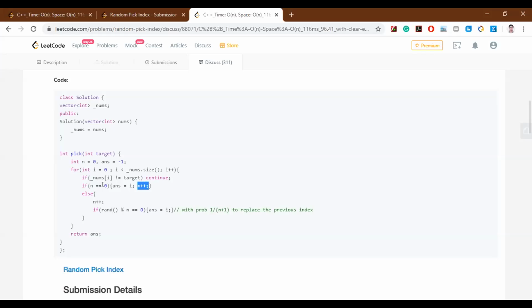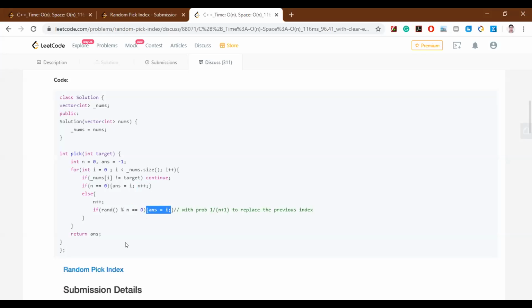And then if the number of occurrences is not 0, he calls the random function every time and takes the modulo of that with n, so that it remains in the particular range of n. And then he keeps updating that answer every time. But is this not going to take more time, because you are almost traversing the whole array?